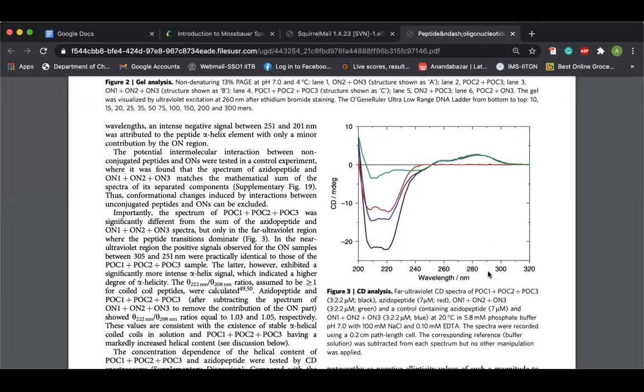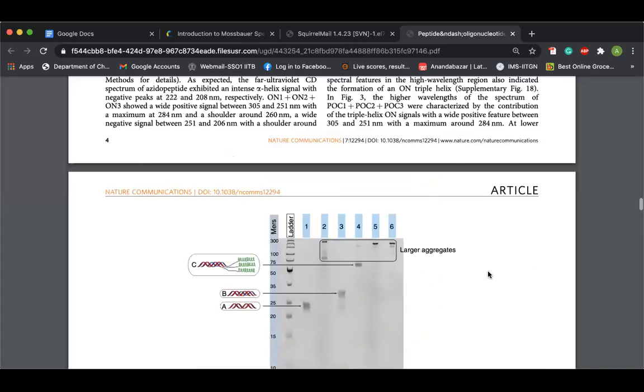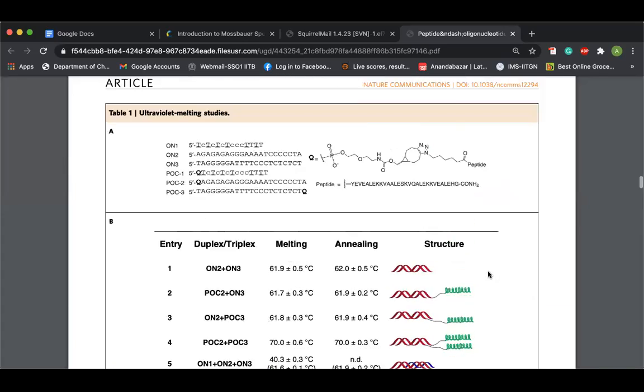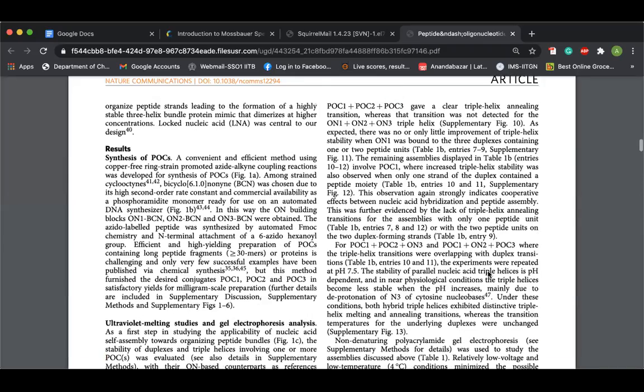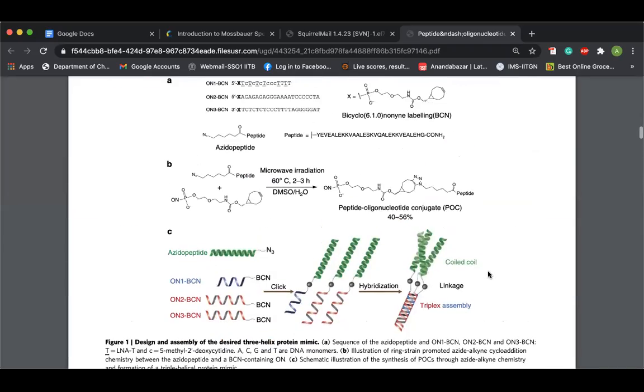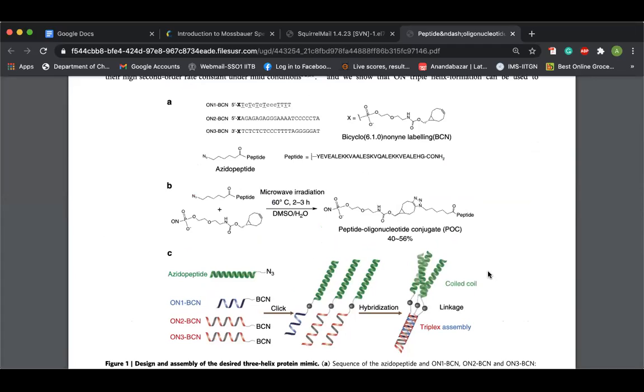So some of you thought that it is kind of like an exam that you have to understand 100%. No, the main goal is to find out if I even understand the application of the CD spectroscopy in this particular paper or not. That is the main goal. So now let me give you a little bit of explanation what they are actually doing. Okay, I'm quite sure all of you have already understood it, but let me give you a little bit of explanation. So this figure over here explains everything.